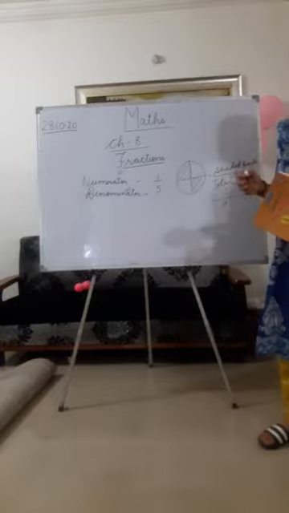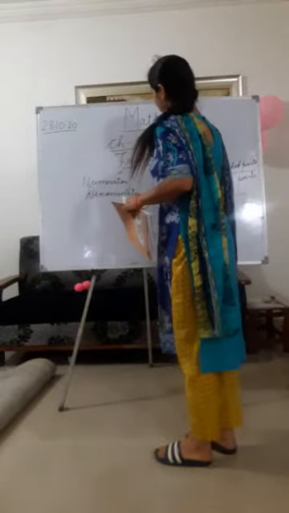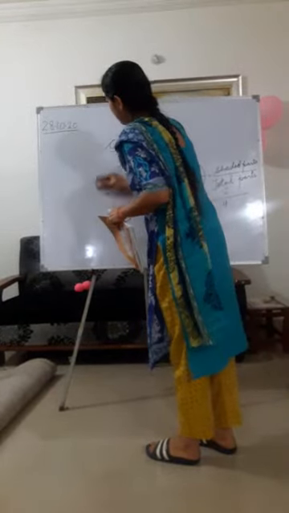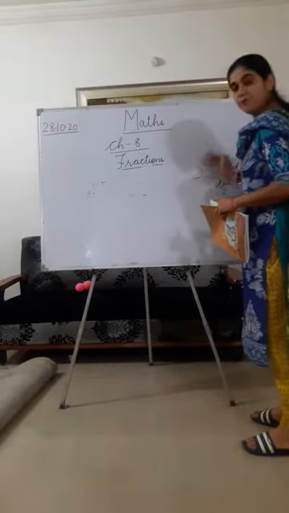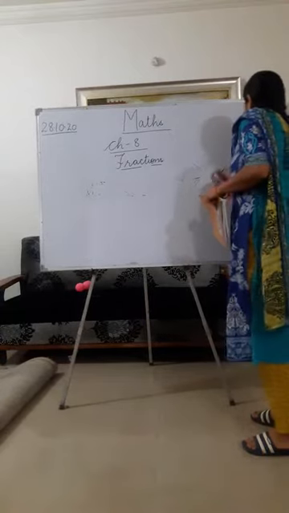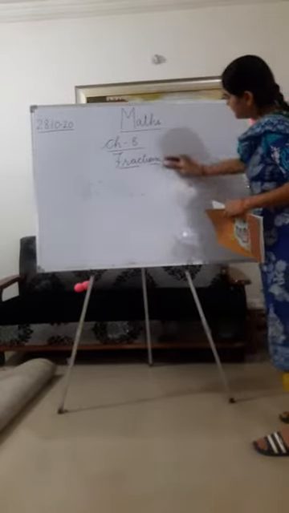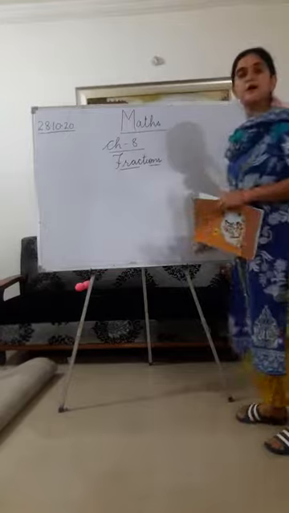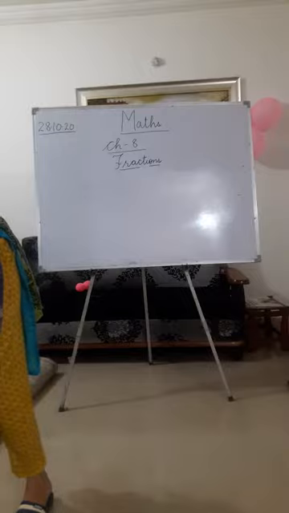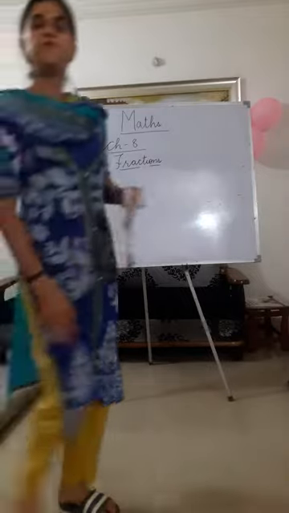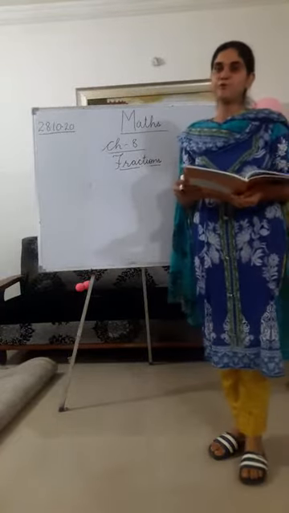Okay. Now we will start exercise number 2. Exercise number 2 you have to do in the book itself. No need to do this exercise in copies. And you have to make new maths fair copies for term 2. So for term 2 you have to make a separate copy, a new copy. So exercise number 1 and 2 you have to do in the book itself.